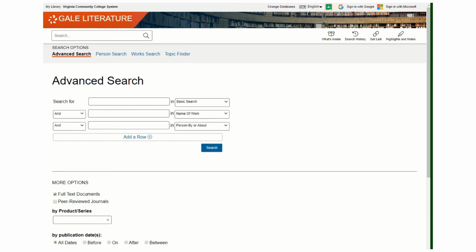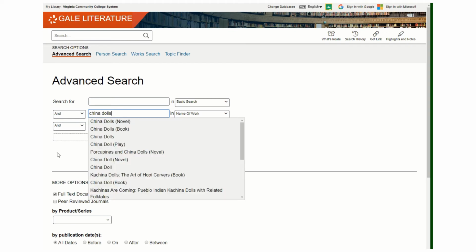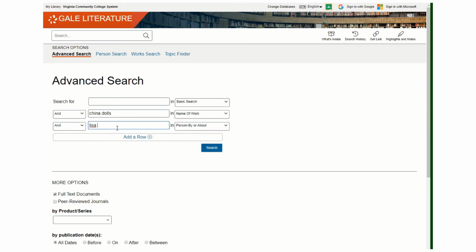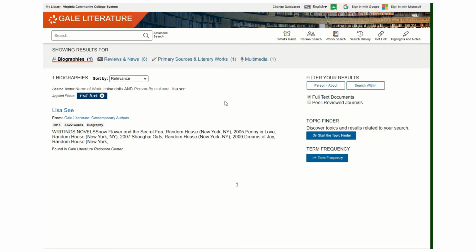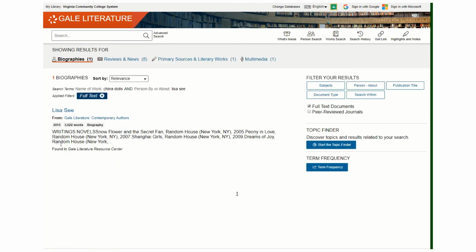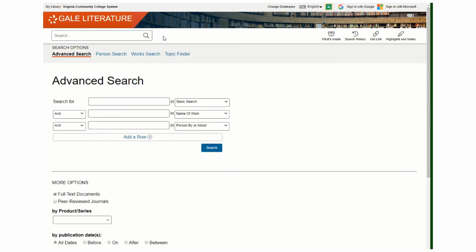For example, maybe I want to write about Lisa See's book, China Dolls, and the Chinese-American experience in the early 1900s, but when searching the Gale Literary Sources database, I can barely find anything on the author and nothing on the book. This doesn't mean I should abandon my topic, but I might need to consider using alternative sources to help support my thesis. I could try searching for Amy Tan,